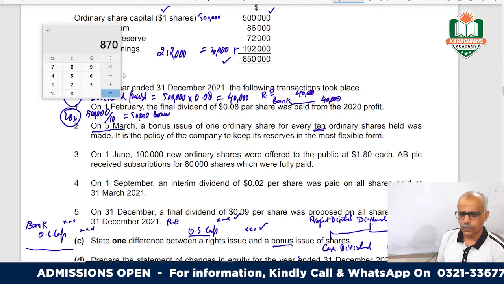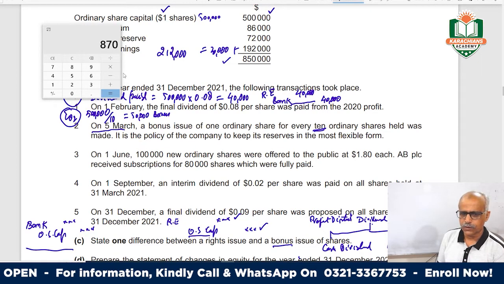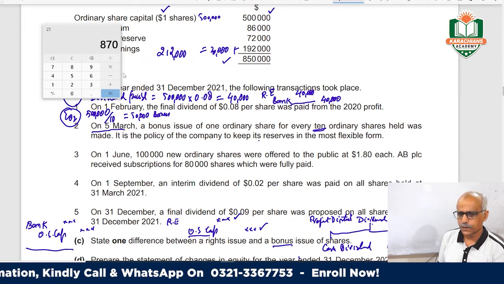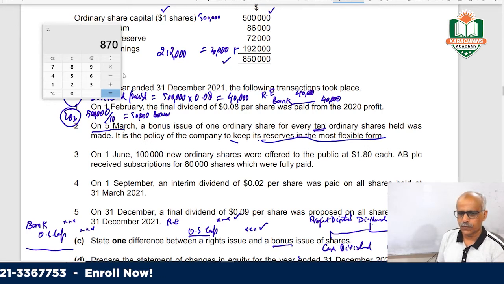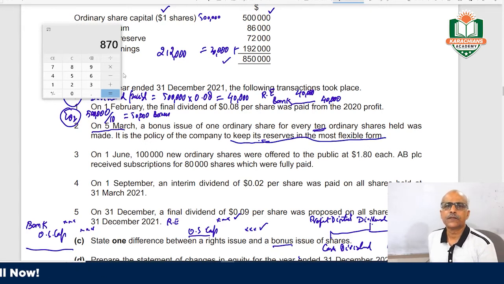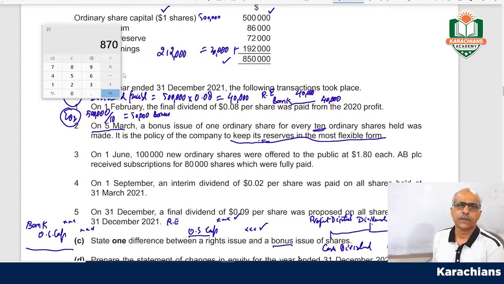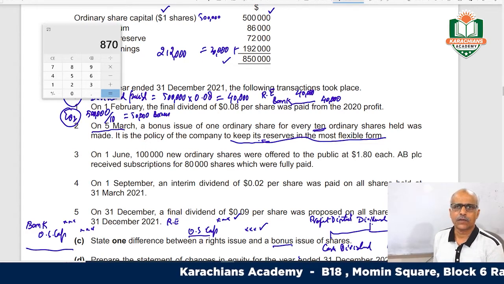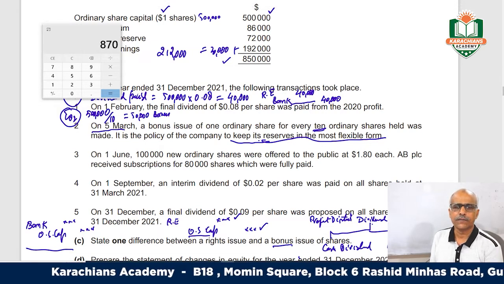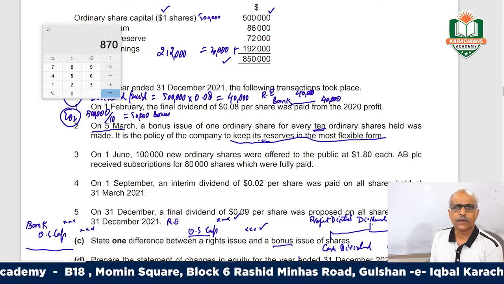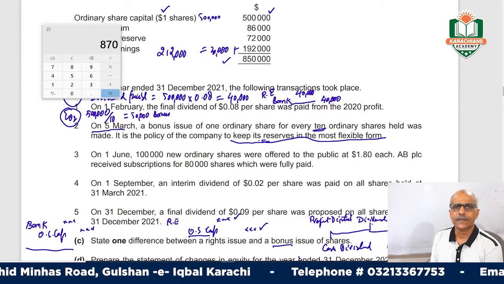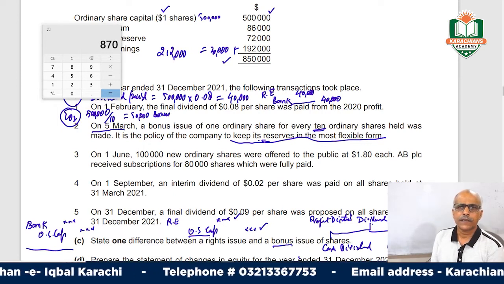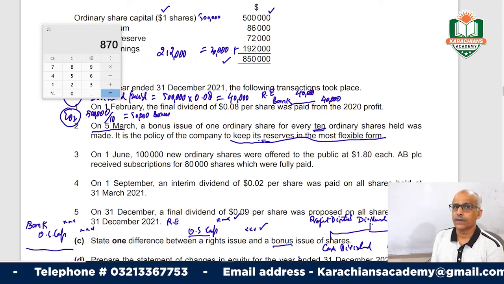This is a very important point. It is the policy of the company to keep reserves in most flexible form. It means the business has to keep the flexible reserves ready, and all the time they should have in hand. So some kind of adjustments or payments or dividends, they should not make from the